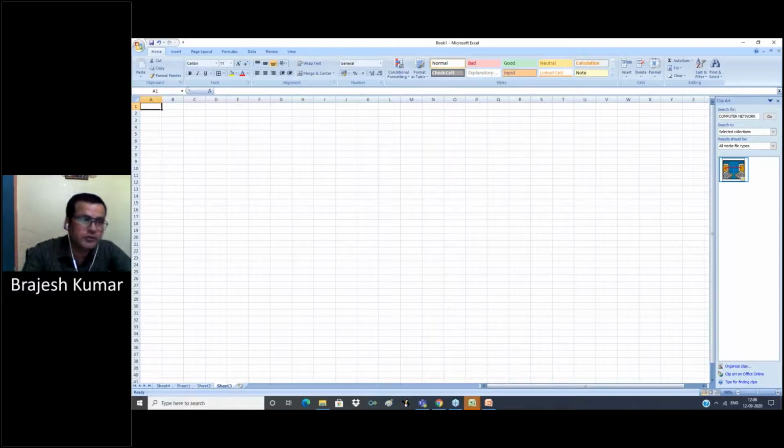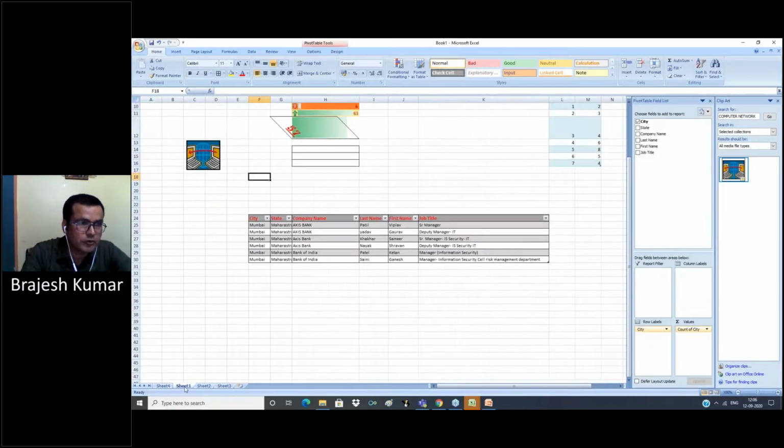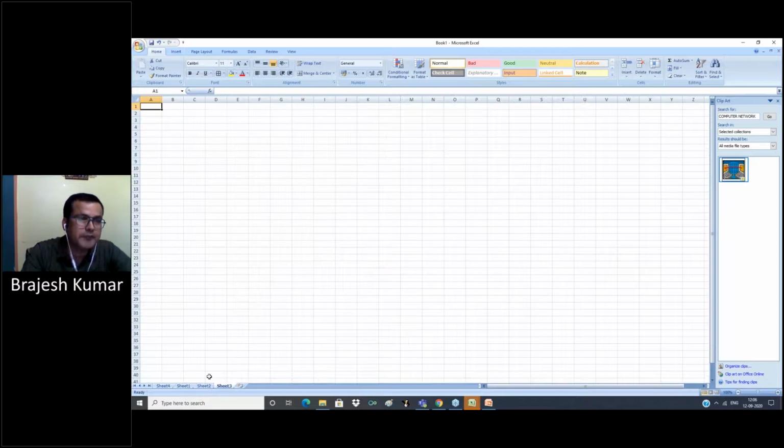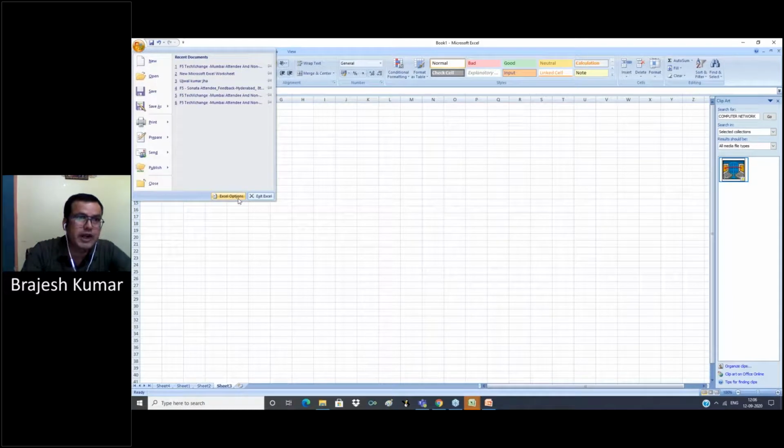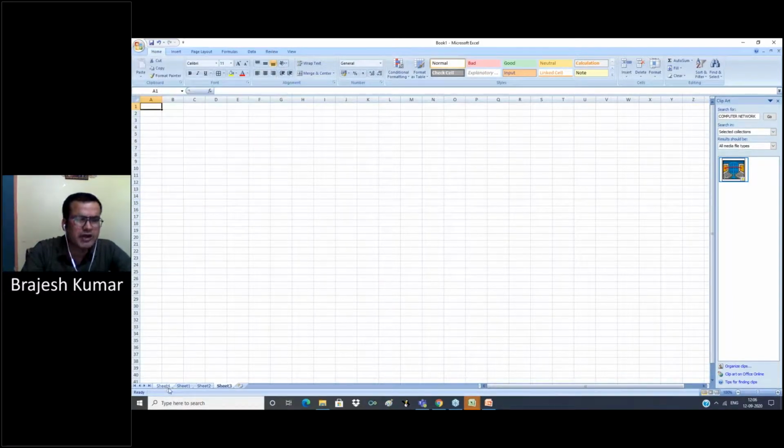This is workbook and this is called worksheet. By default there is one or two sheets. When we open Excel, by default one, two or three sheets are there. This depends on Excel option, how many sheets are given in Excel option.